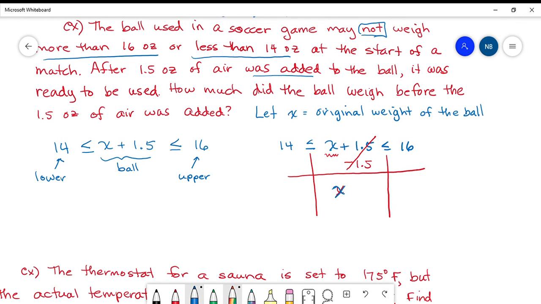Let me make that blue. All right, so if I subtract 1.5 from the middle, I have to subtract it from the left and from the right. 14 minus 1.5 is 12.5, and 16 minus 1.5 is 14.5. So the ball originally weighed somewhere between 12.5 ounces and 14.5 ounces before they added the air. Next problem